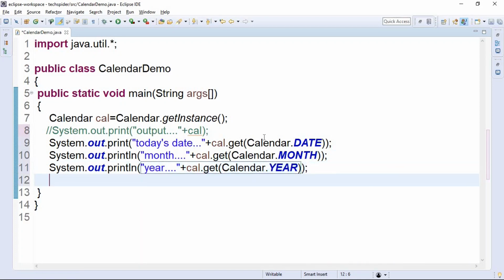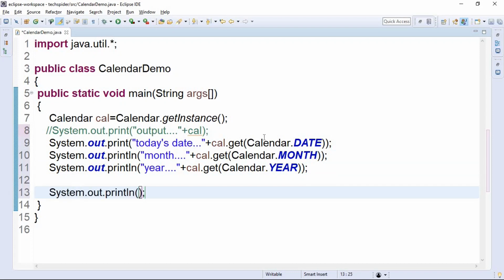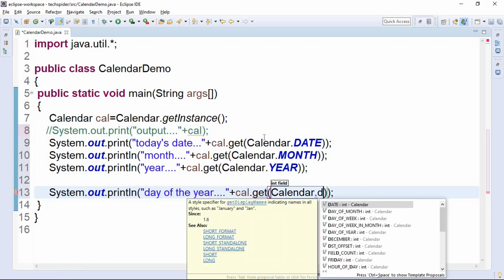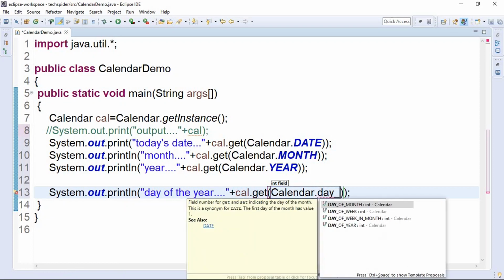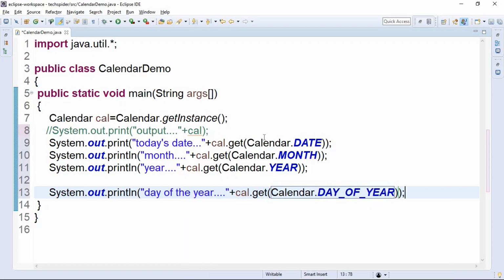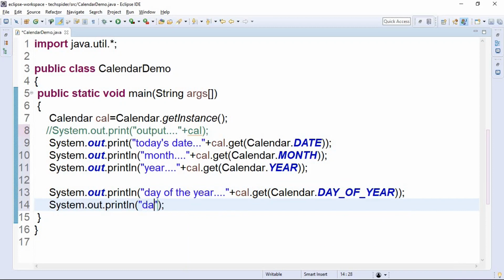Yes. Next one, I want to get information like day of the year. If you want to get the day of the year, I am using the cal.get method, the field is Calendar.DAY_OF_YEAR. It is used to get the day of the year. Similarly, I want to use day of the month.